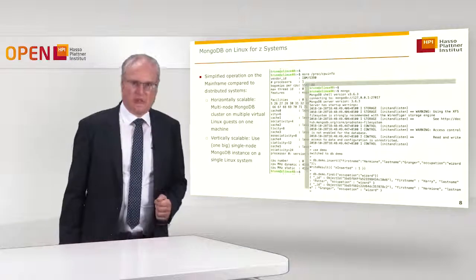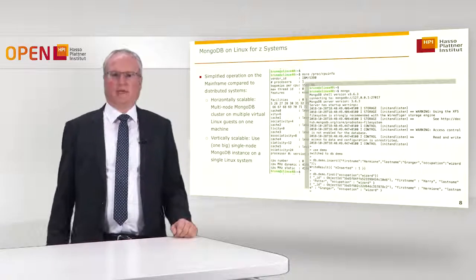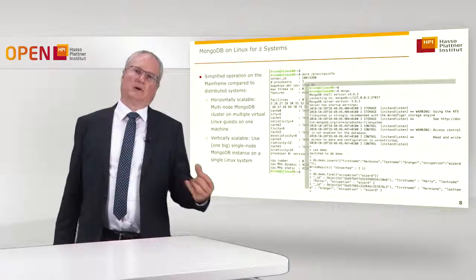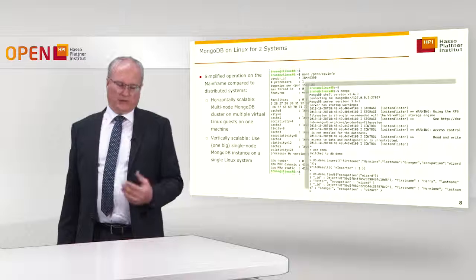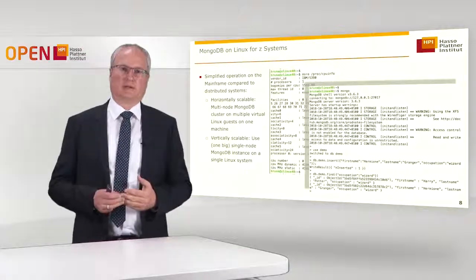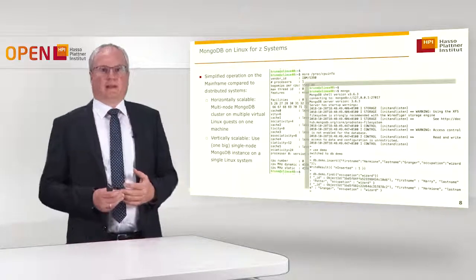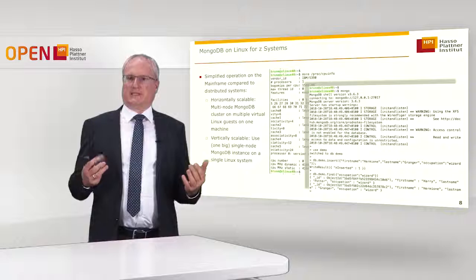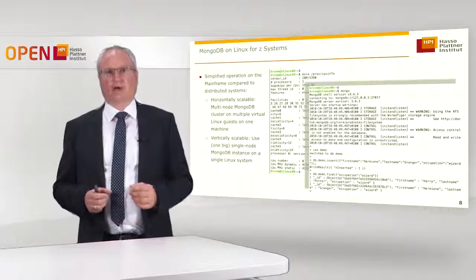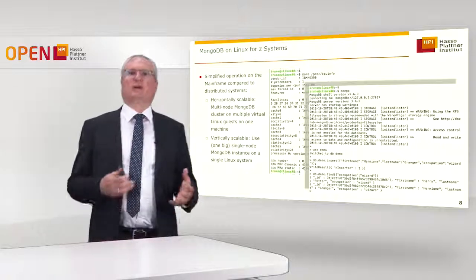So this works on Linux on System Z, and the question, of course, is, is this useful, or why do we do that? And again, the mainframe is not a distributed architecture. So a MongoDB instance on Linux for System Z does not necessarily have to use the distributed and horizontal scaling mechanisms of MongoDB. So either you can put MongoDB on a virtual cluster that runs on a single machine of virtual Linux guests, for example, on a mainframe. Or you can just use vertical scaling and just run it on a single node and make this node very big. So both options are possible.